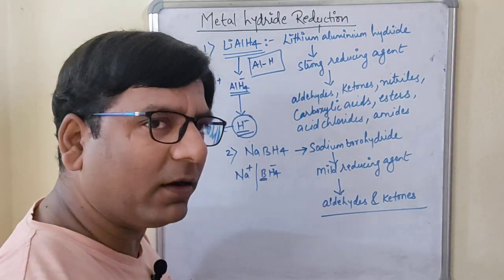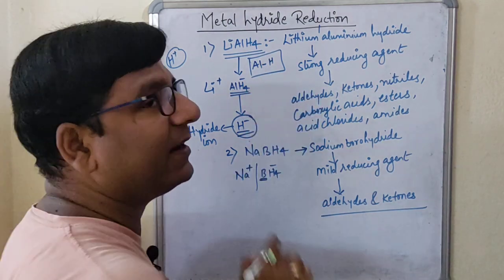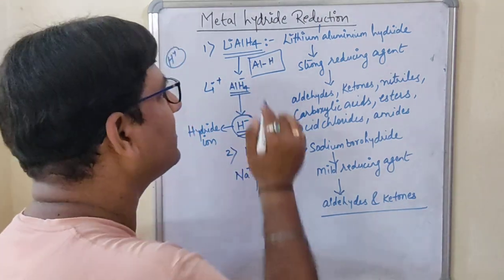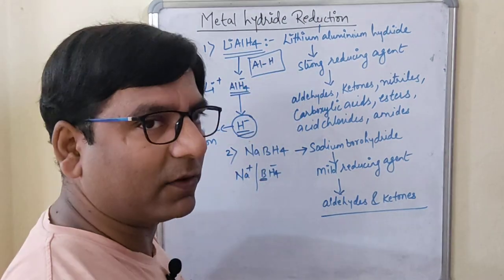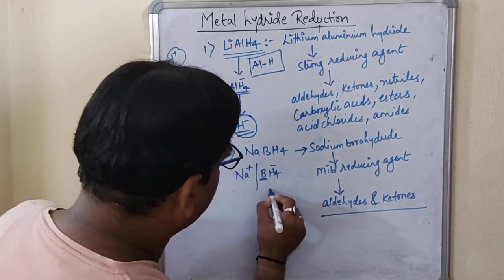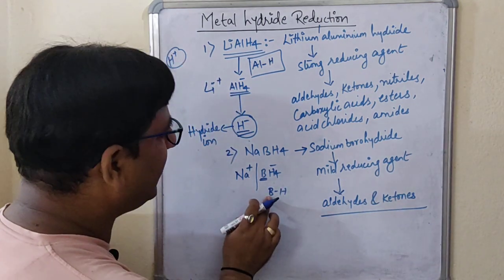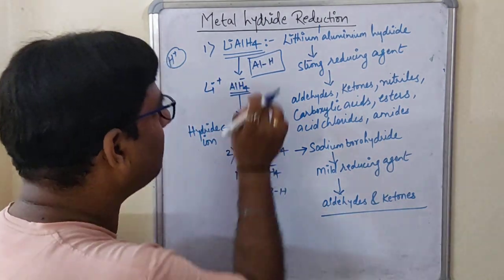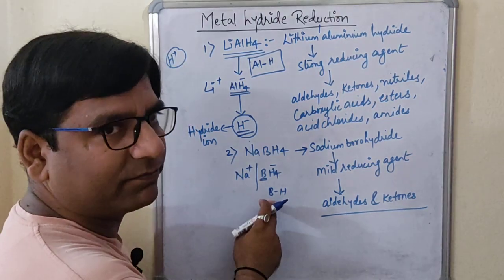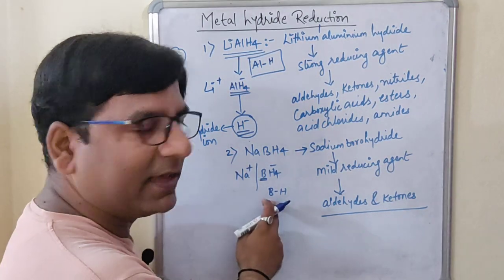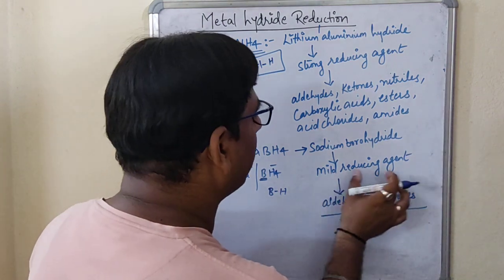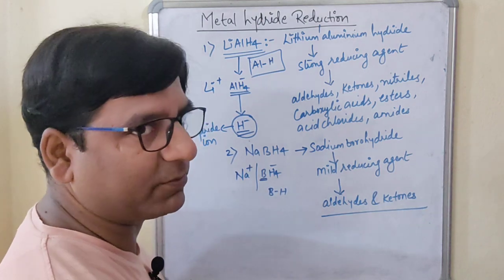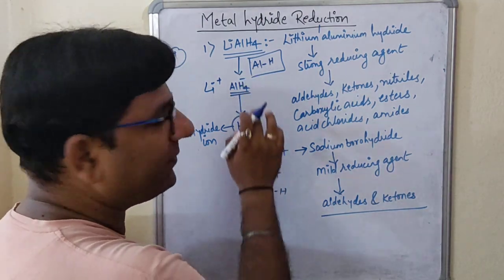Why is it becoming highly polar? Because there is a difference in their electronegativity, and this difference in electronegativity is making this Al-H bond polar. Now when you compare the B-H bond, as I told you, B is more electronegative than aluminum. So it is also polar, but as compared to this one, it is mild, weakly polar you can say. So this is the reason this is acting as a mild reducing agent and this is acting as a strong reducing agent, based on the electronegativity.